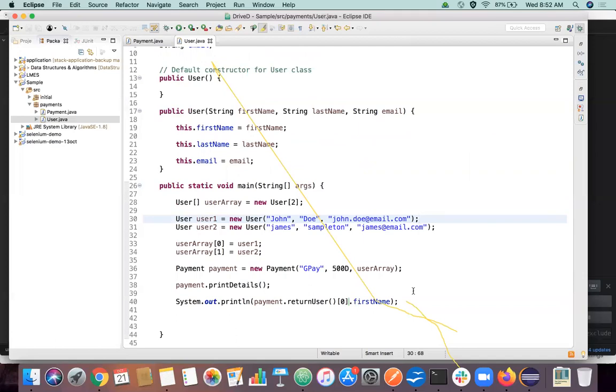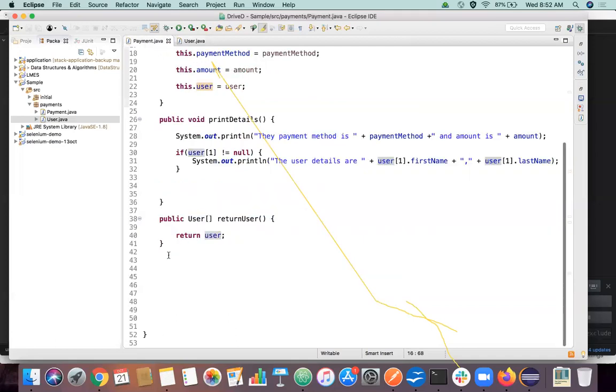Yes, Karthik. Okay. So one more thing which I wanted to show is there is a concept called call by value and call by reference, right? In any programming language, it is there. What is call by value and call by reference? Can anyone say?